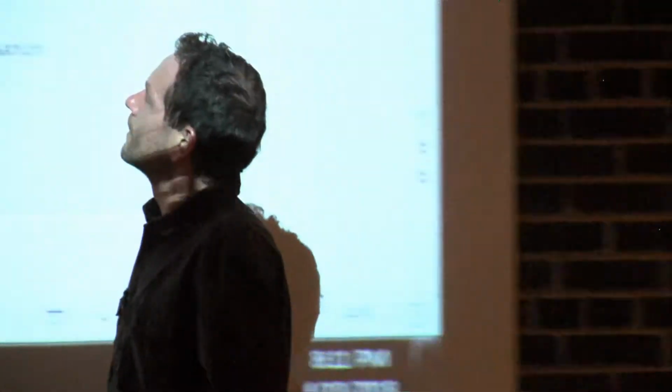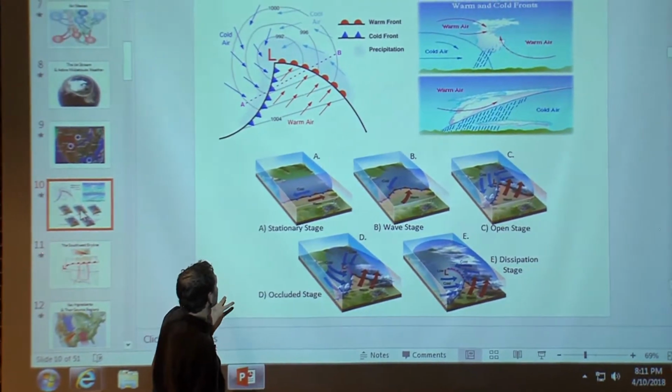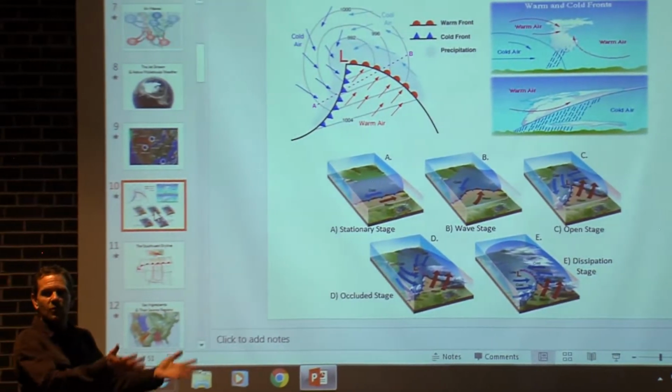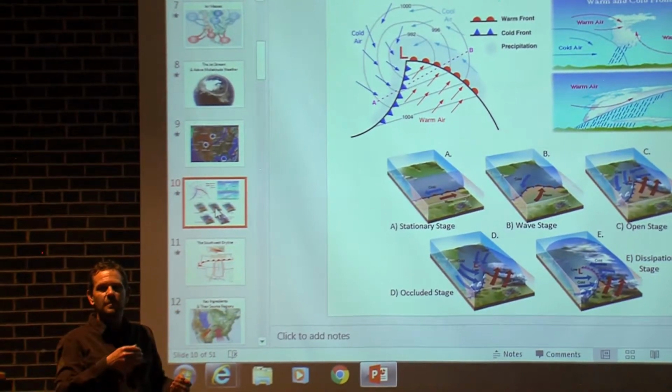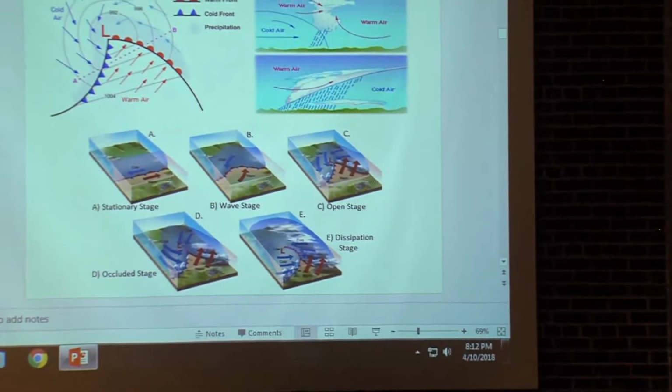Questions? Okay, let's get to that first one that we had here on our wave cycle. Think of this guy. We have a low pressure system here, right? Cold air is moving in from the northwest, flowing to the southeast. Warm air is feeding into this system and moving basically from the southwest to the northeast, right? Where you have rising warm air, the pressure is going to be lowering.